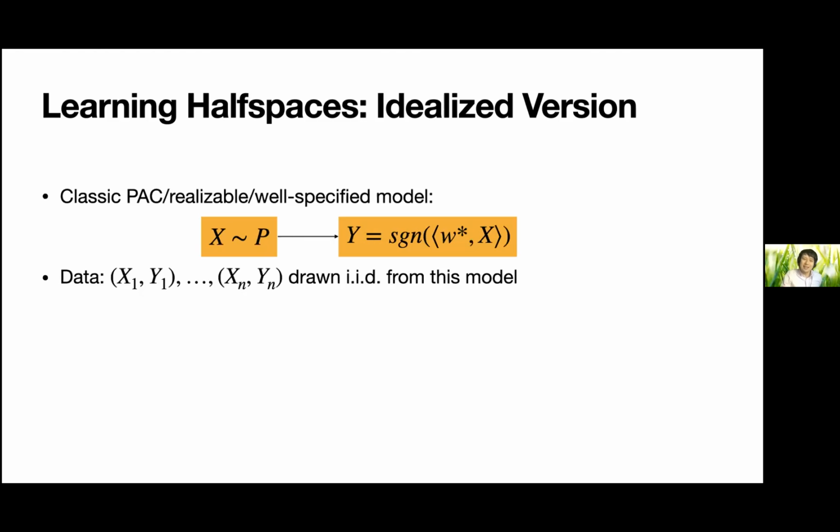And like I said, the training data you'll get is a bunch of independent samples from this model. So X's are from P and Y is just whether you're on one side of the half space or the other. Pictorially, it's going to look like this, right? So W star is there. You don't get to observe W star, but you get to observe these blue circles, which are the minus labeled points, and these red triangles, which are the +1 labeled points.